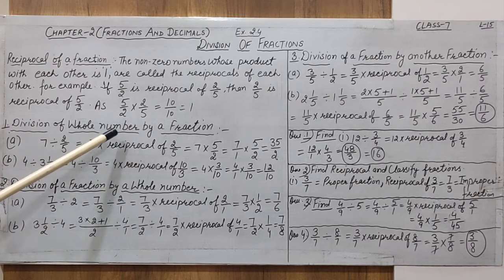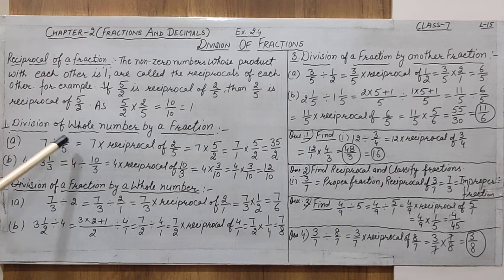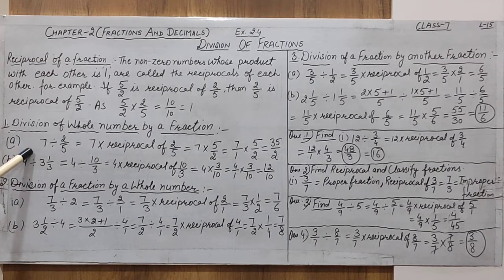Alright, division of a whole number by a fraction. Example is 7 divided by 2 by 5. Alright, so 2 by 5 divides 7. Now, it is not possible to solve this question by simple division. So, we have to use the property of the reciprocal of the fraction, and the method says that this division changes